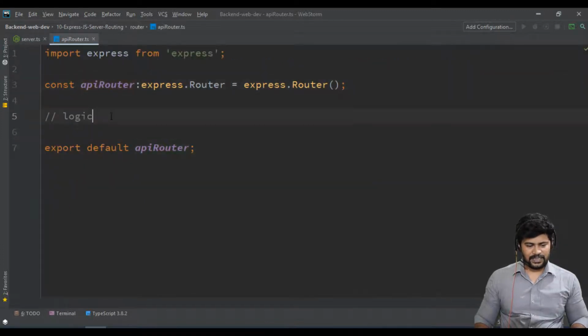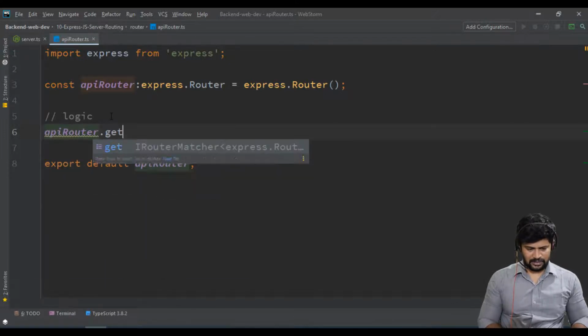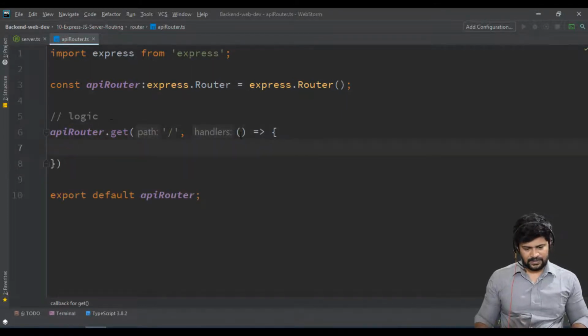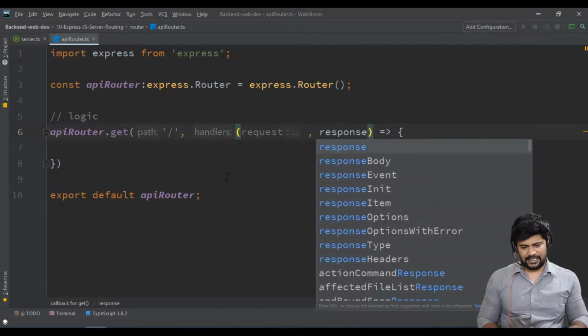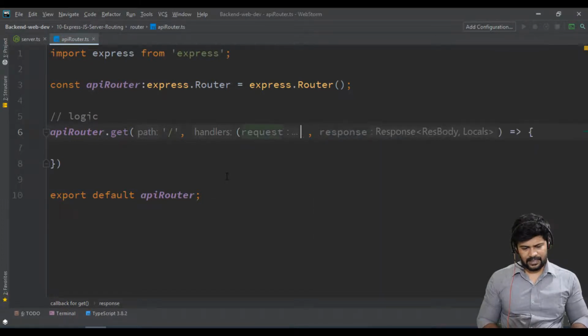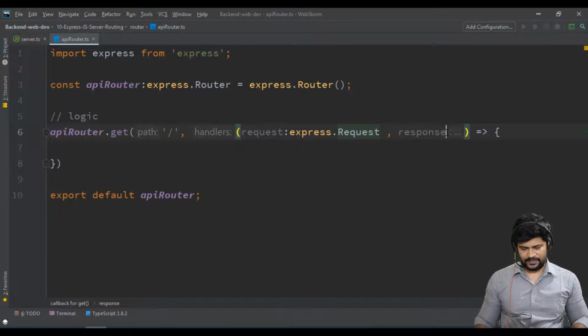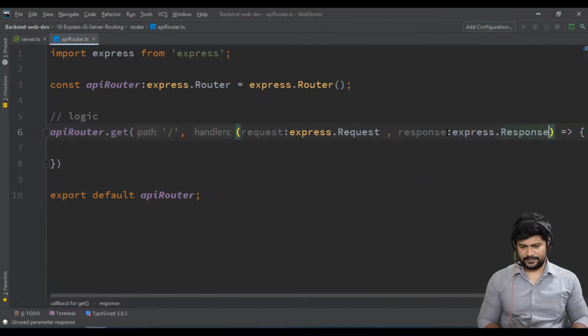Here, let's make a simple request: API router dot get request of slash, for the empty path. Let's make a function. This function takes in two things, request and response. You specify request of type express.Request, and response of type express.Response.